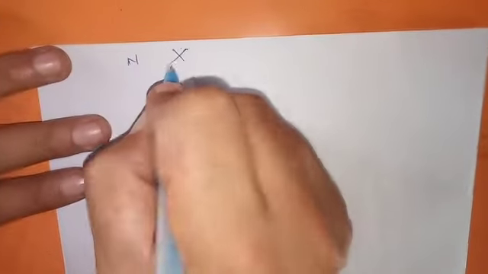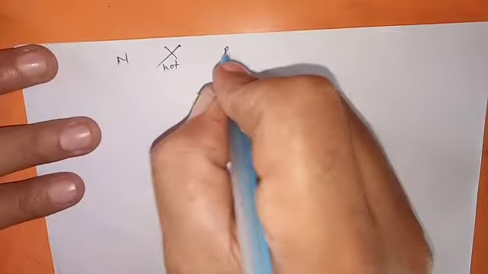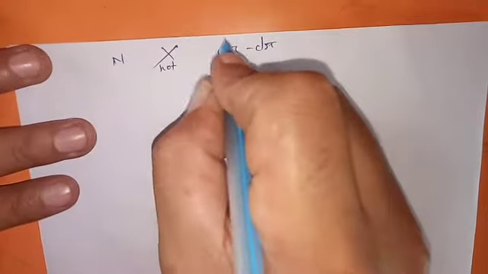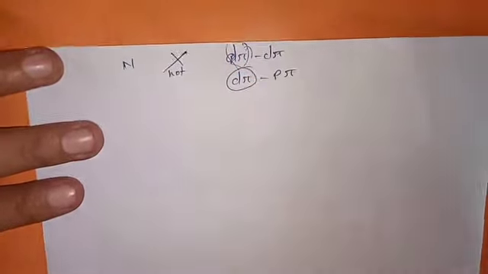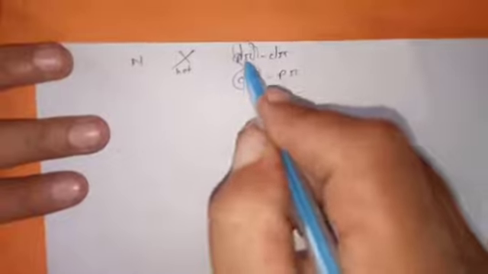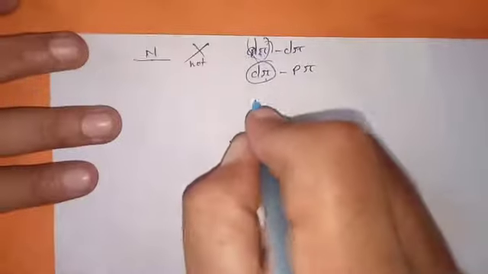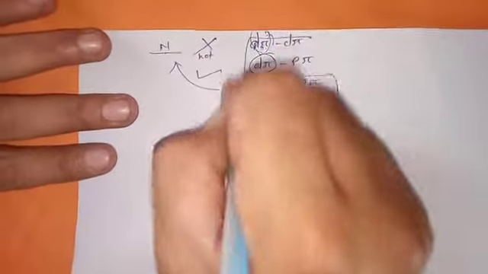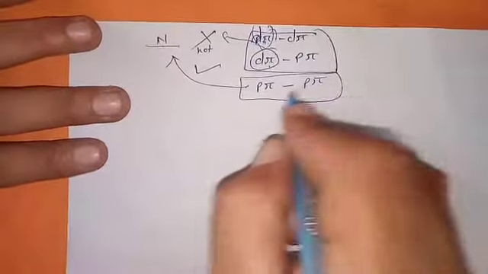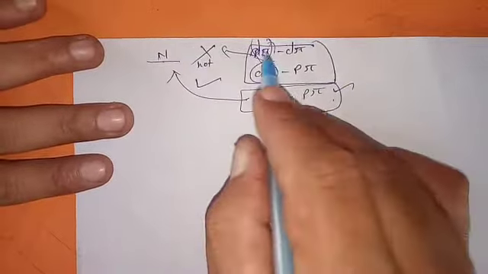What is the other thing? Nitrogen is not able to form p pi d pi bonding. Oh sorry, d pi p pi. Why? Because it does not have d orbitals. This represents the orbitals for nitrogen, but d is not present. That's why nitrogen is never capable of it. However, it can form p pi p pi bonding. This is normally formed because p orbitals are present while d orbitals are not.